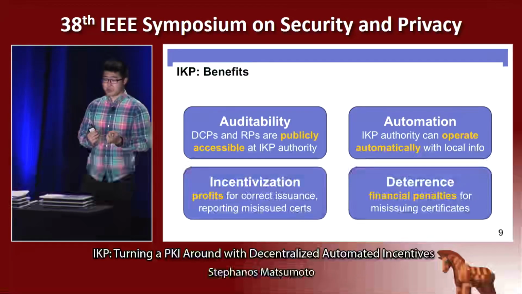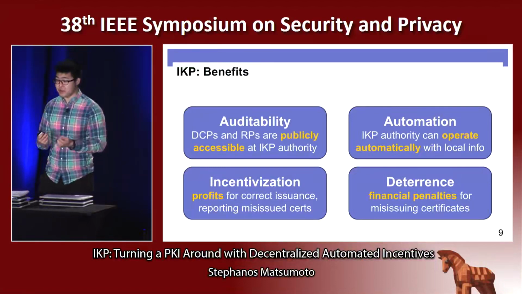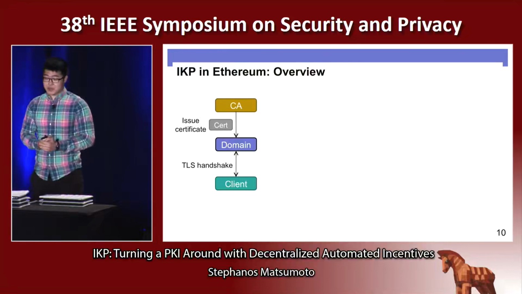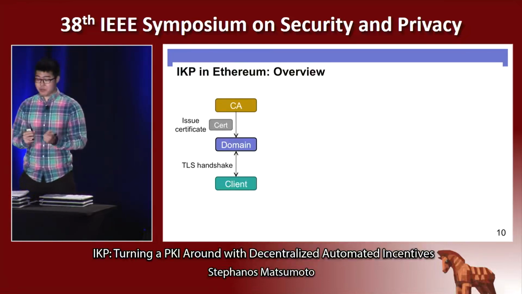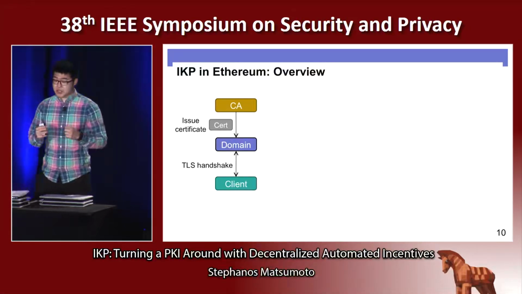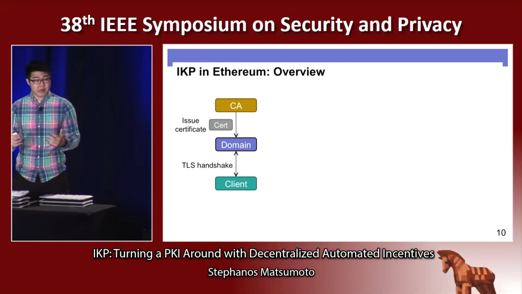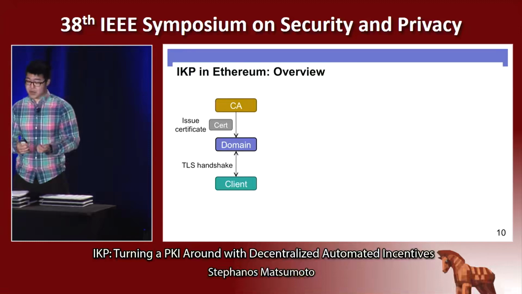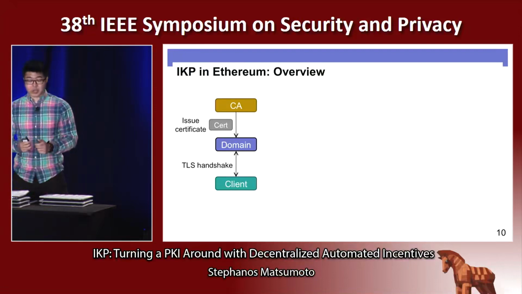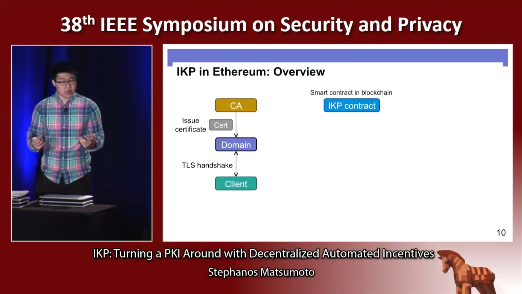Now, there's a problem here, which is that the IKP authority has to be trusted. So how can we provide that functionality without trust? We can do that by instantiating IKP in Ethereum. And Ethereum provides several important properties that we leverage in this instantiation. So first, Ethereum allows autonomous accounts that maintain their own funds and data, and their behavior is controlled by code in the form of a smart contract. And so this allows us to leverage the decentralized consensus mechanism of Ethereum to ensure the correct behavior of the IKP authority. So we call this the IKP contract.